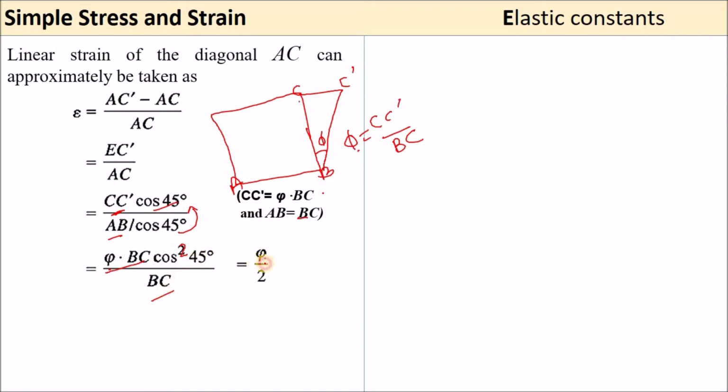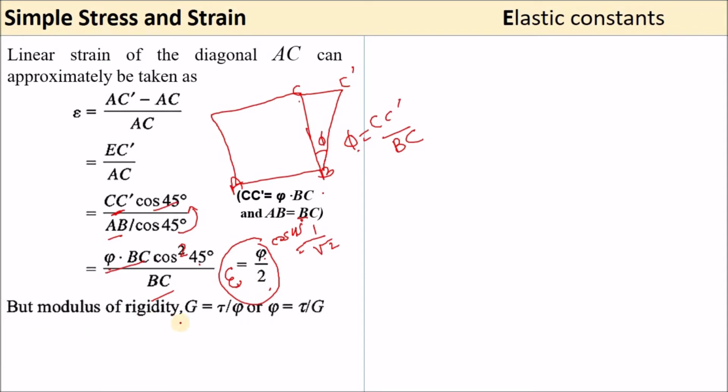That equal to phi by 2. How did it come? Cos square 45 equal to 1 by 2, because cos 45 equal to 1 by under root 2. So cos square 45 equal to 1 by 2, and this BC will be cancelled. So we got strain epsilon equal to phi by 2,